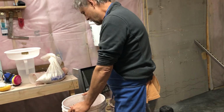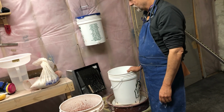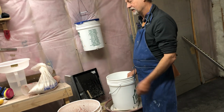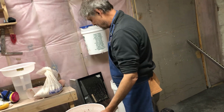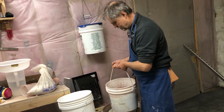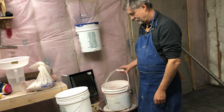So what we do is, well, actually, maybe I won't use the waterfall brown since I already mixed this one up and we need to sieve it. So what I do is dump water in the bucket, and then I dump the dry glaze into the bucket. I won't need my PPE because I've already done that. And I have 2 buckets. And here's how it started. I had water in here, dumped dry glaze in there, and now that I've done that, I stirred it